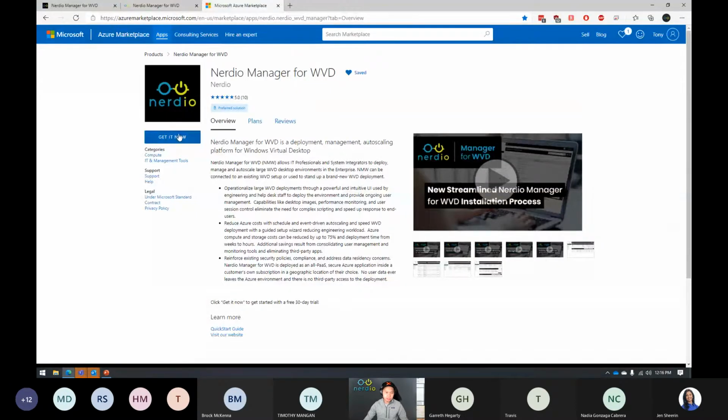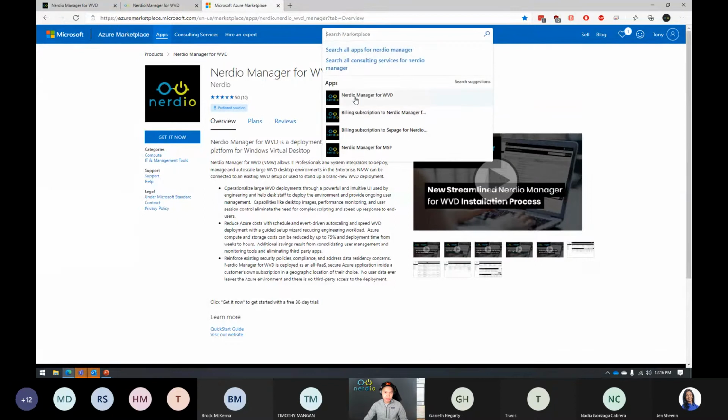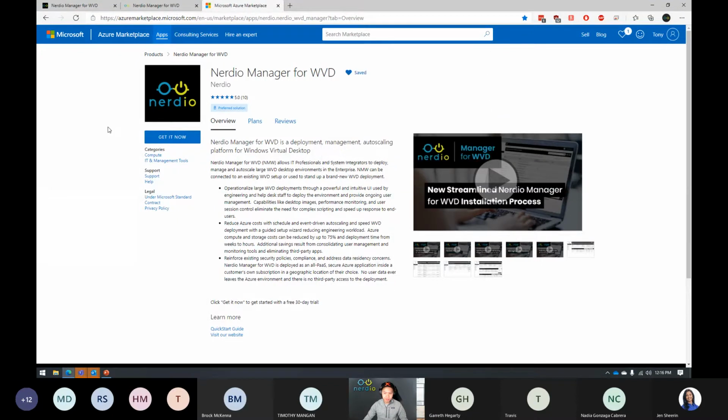So the way you deploy it is you go to the Azure Marketplace and you search Nerdio Manager for WVD. And as long as you're global admin and owner of your subscription, you can pretty much deploy Nerdio into its own resource group. And it's important to deploy in its own resource group, so if at any point you stop using Nerdio or delete it after the trial, all you have to do is remove one resource group,